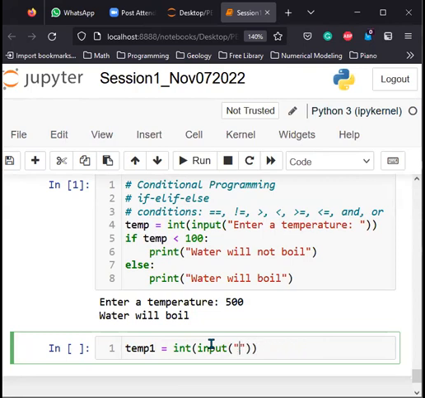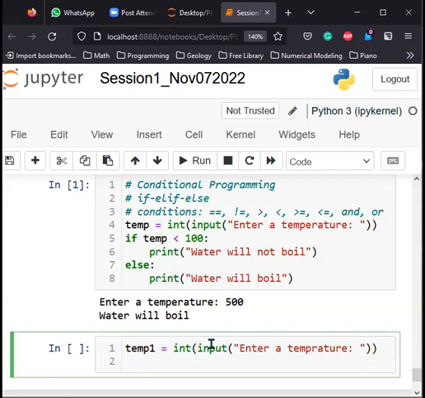Temperature. Then you can say if temperature 1 is less than, or rather is greater than or equal to